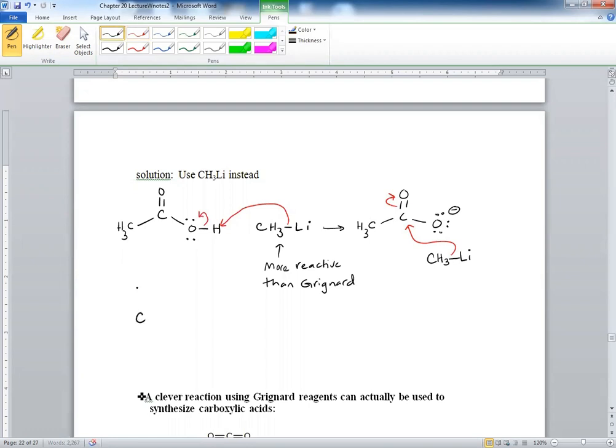So now we have our tetrahedral intermediate, but we have a problem here. We have two negatively charged oxygen atoms, which is never good. However, we can protonate these. So you have H2O in excess here. You don't even need to write excess. You have plenty of water, and then this would end up